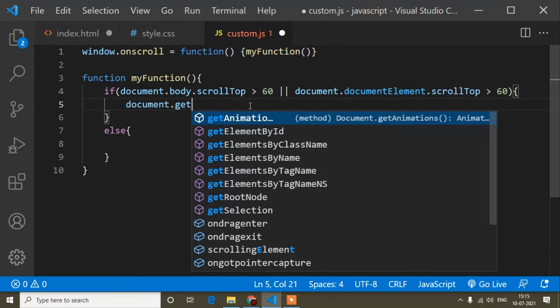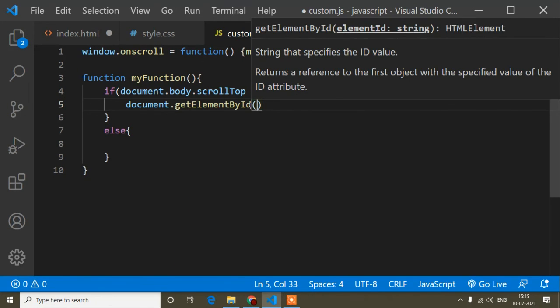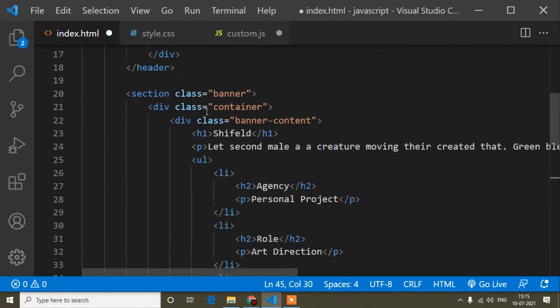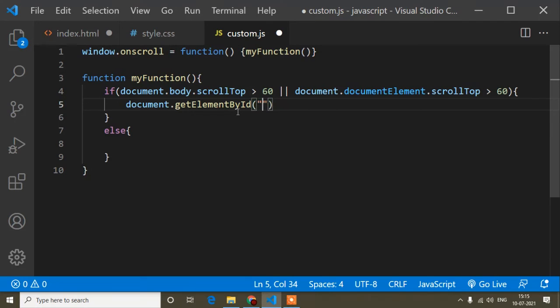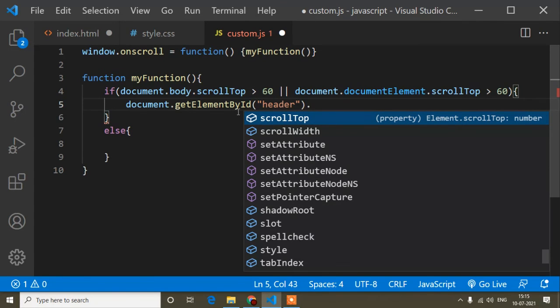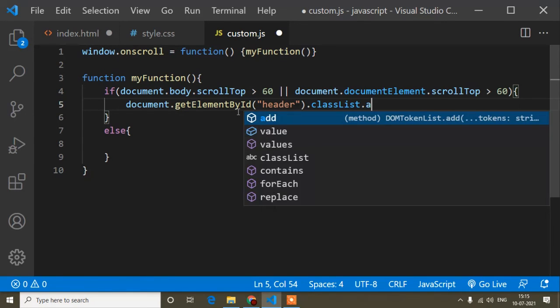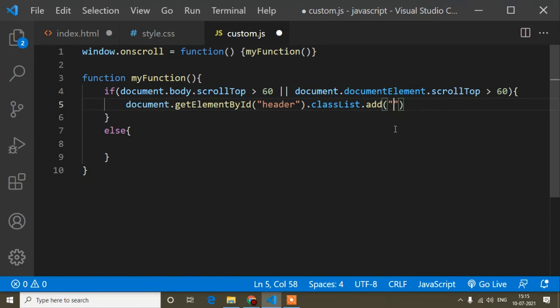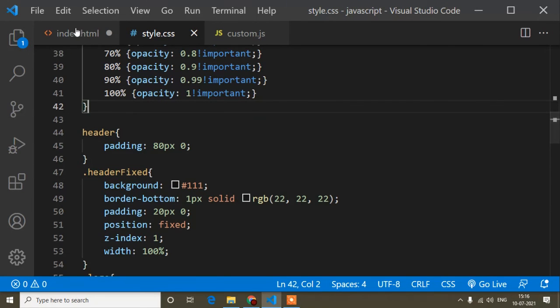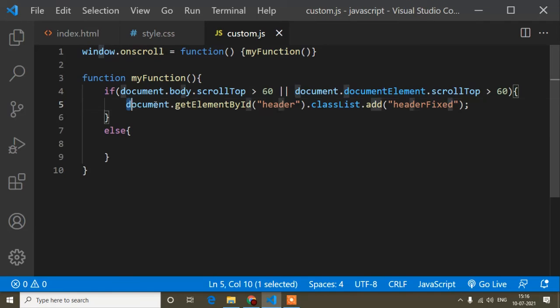Then I will write classList dot add, and inside this header I will add the class which I have added for this header, this color header. Save, and now I will copy the same thing and write remove in the else part. Save and refresh.